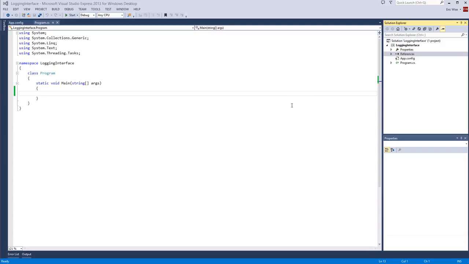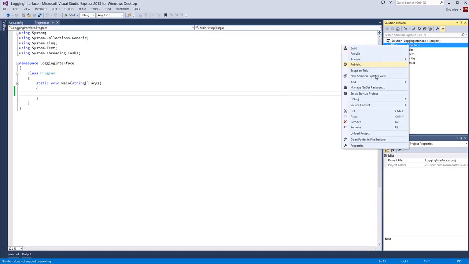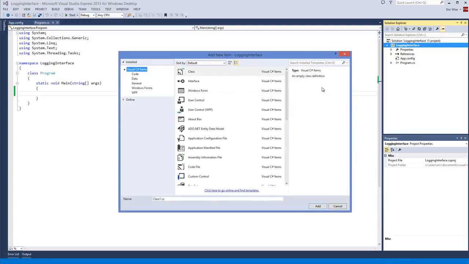I'm going to declare a logging interface, and I'm going to create two different loggers that implement it. The first is going to be a console logger that just writes a message out to the console, and the second is going to be a file logger that's going to write it out to a file called log.txt. The first thing I need to do is declare an interface that represents the methods that the loggers are